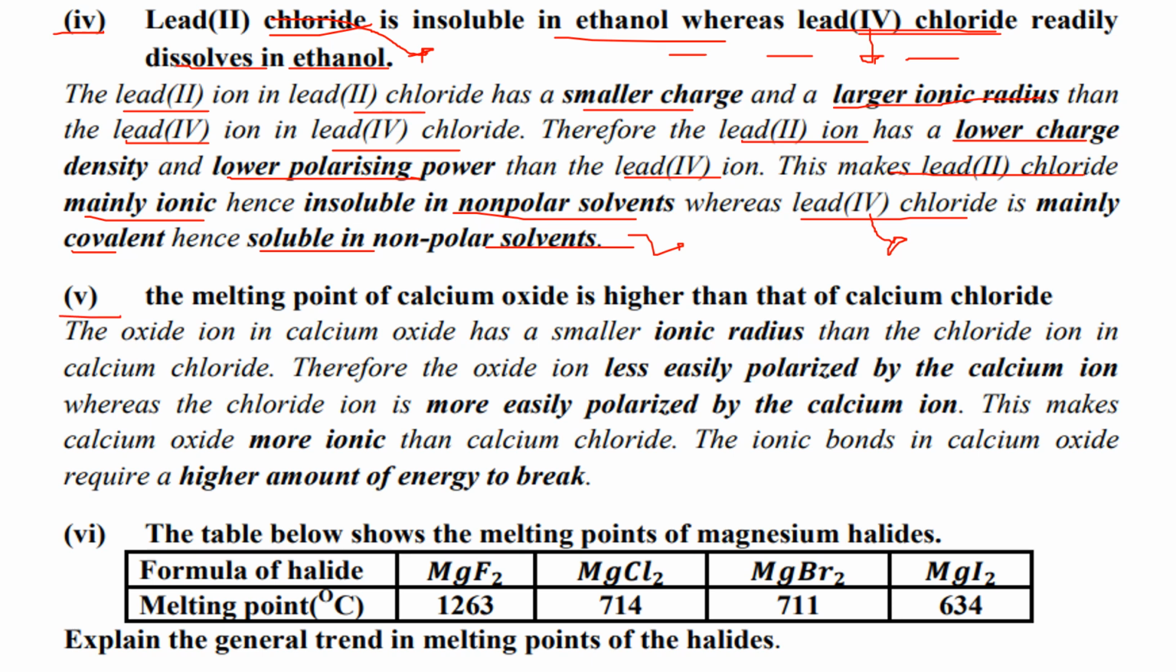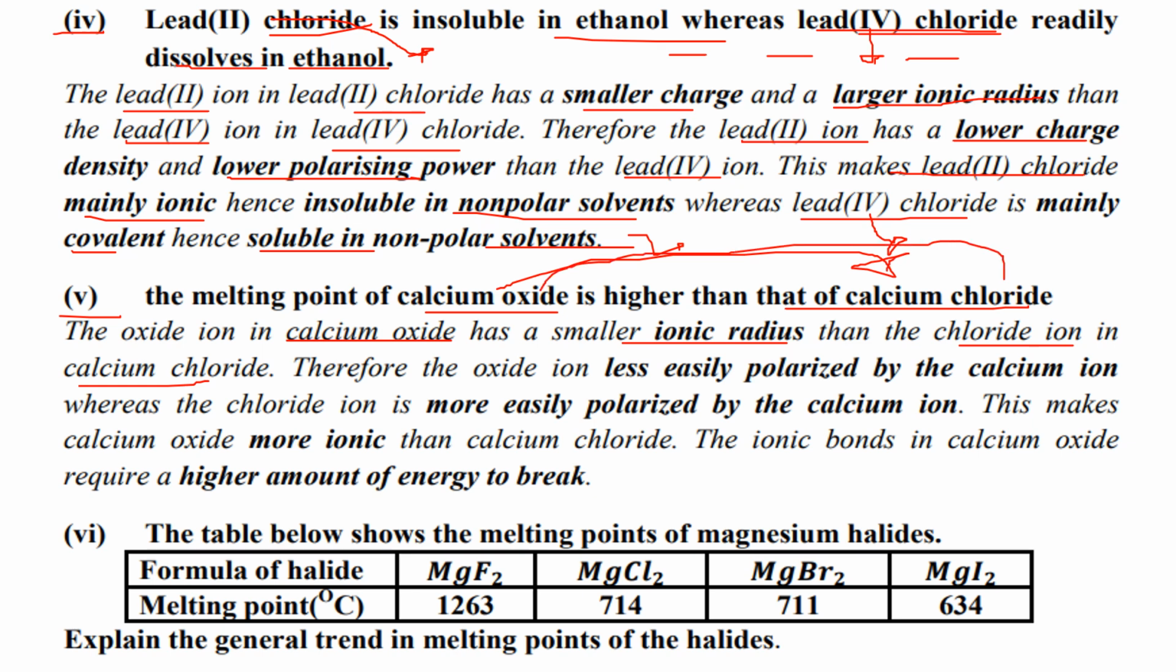So looking at part number 5, we are going to say that the melting point of calcium oxide is going to be higher than that of calcium chloride. And we're going to say that the reason for that is because the oxide ion in calcium oxide has a smaller ionic radius than the chloride ion in calcium chloride. So if you look at these two, calcium oxide and calcium chloride,